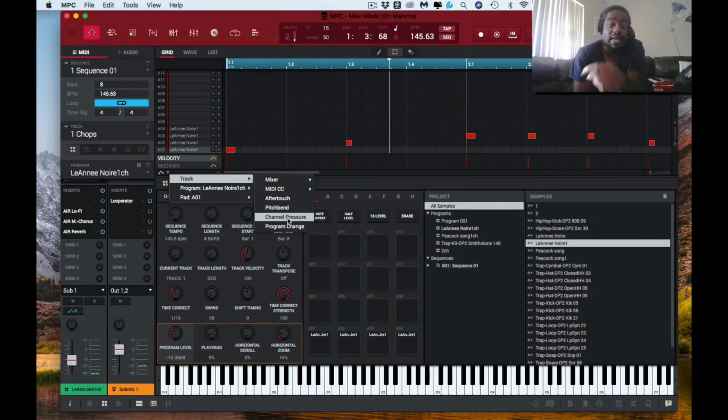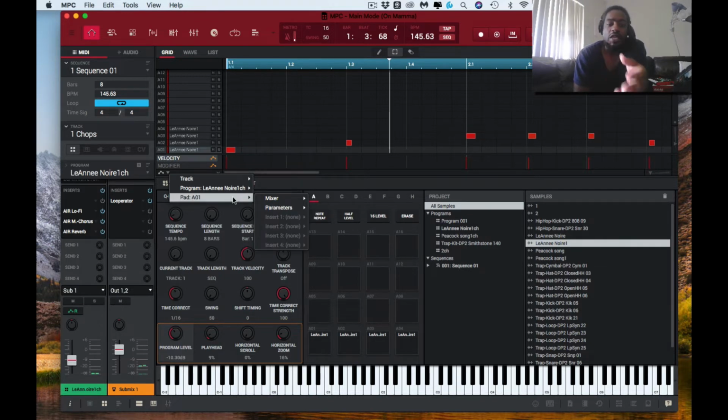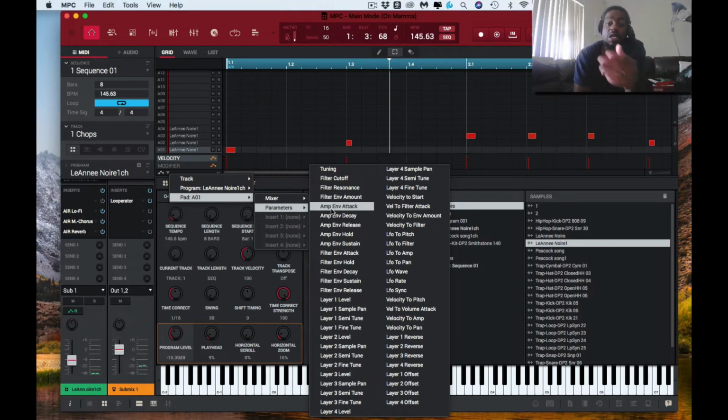I need to look into that. Pitch bend, if you're doing any fancy 808 slides and glides and all that, you could click the pitch bend and then draw in your automation. And then on each pad,